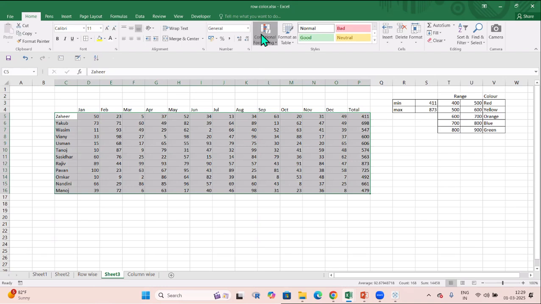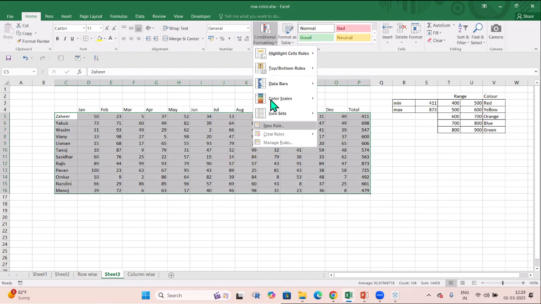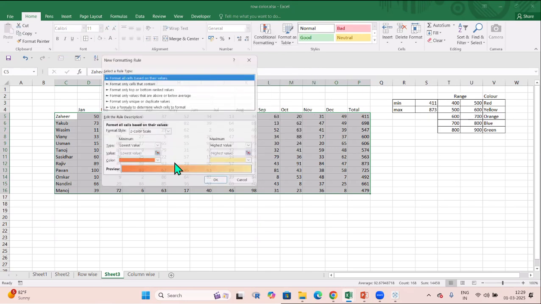Okay, you see why it will not happen. Suppose if I click that one, okay, I'm not in here because I have not highlighted a particular cell here. So in this case, if I go to my